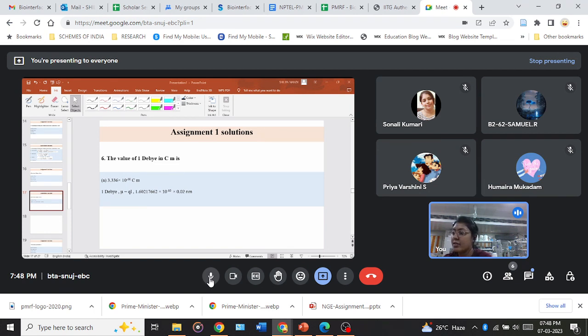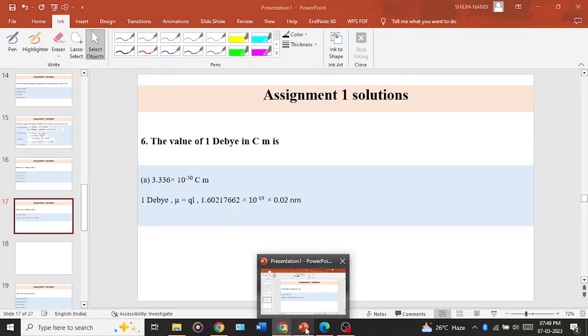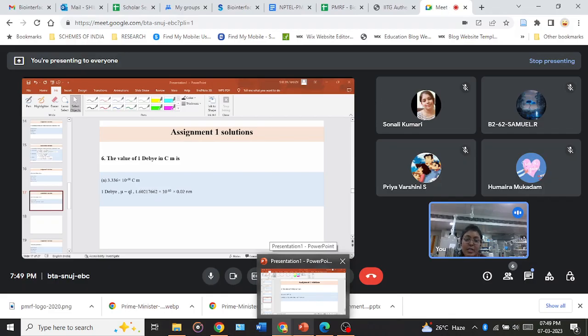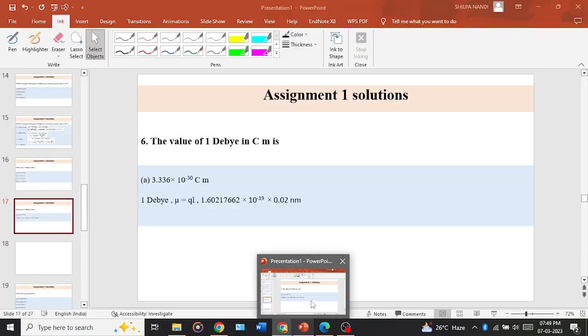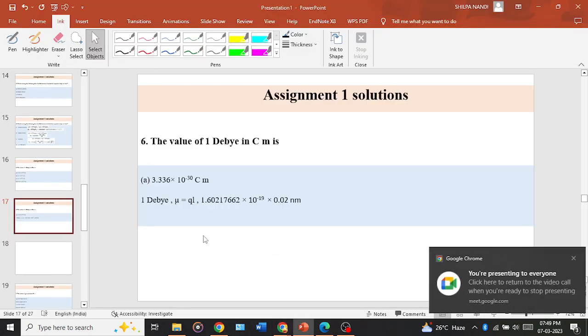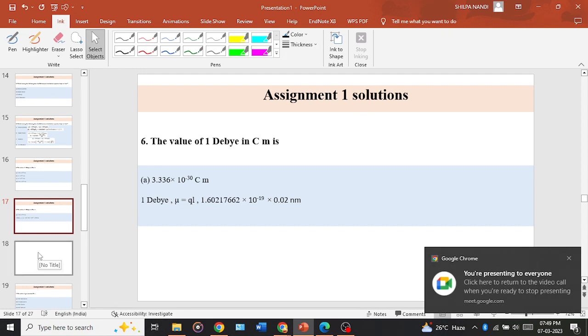So, okay, students, I think we are quite back on track right now. The pen was not working. I tried to fix the issue, and we can solve this sixth question again, just in case anyone has not got it. If at any point of the session you are not able to see the screen, just let me know. Fine. So this was the question: the value of 1 debye in coulomb meter is